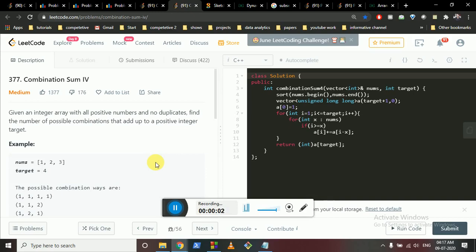So today we're gonna discuss a problem from LeetCode, problem name Combination Sum 4. You are given an integer array with all positive numbers and no duplicates. You have to find out the number of possible combinations that add up to a positive integer target. There are a lot of variations of these types of questions, and we will discuss all the variations